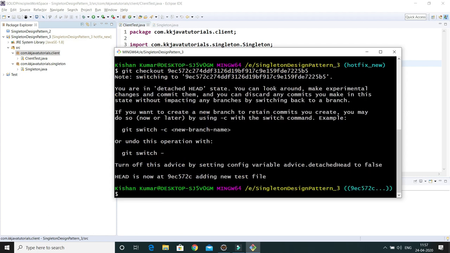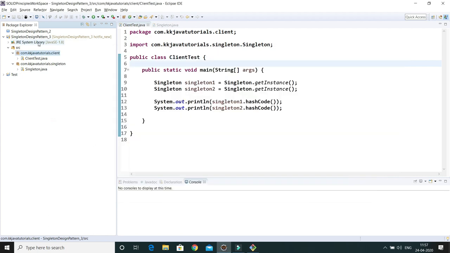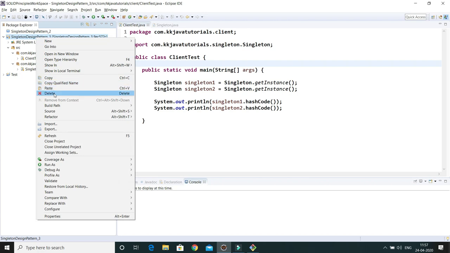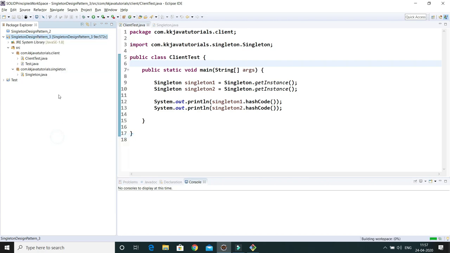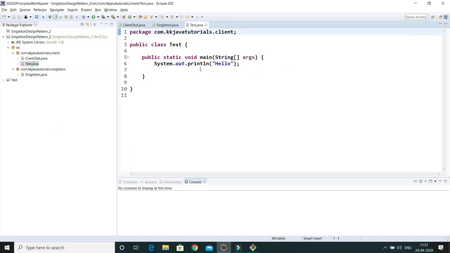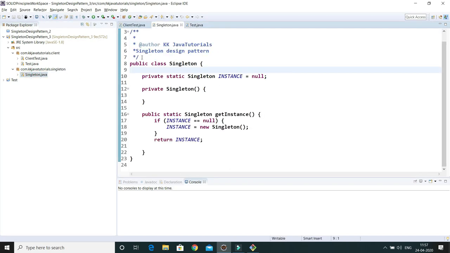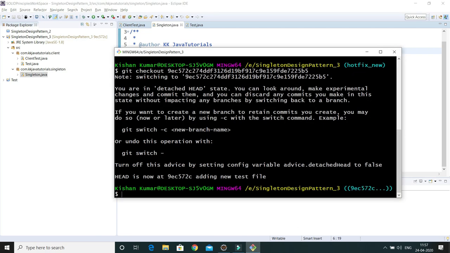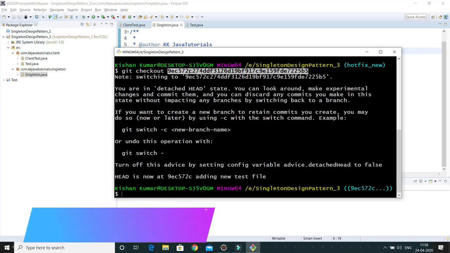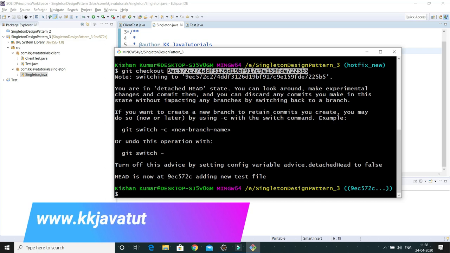If I press enter, then let me refresh my workspace. Here you can see test.java came from that check-in, and in this class javadoc is added. So those changes came from this commit itself. Now my workspace is updated with the code which is available for this check-in.